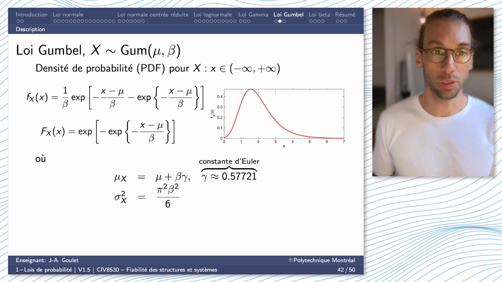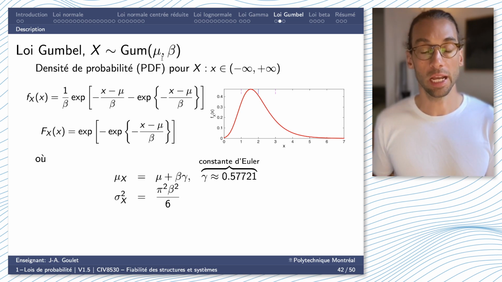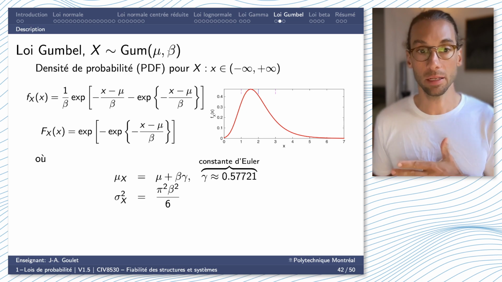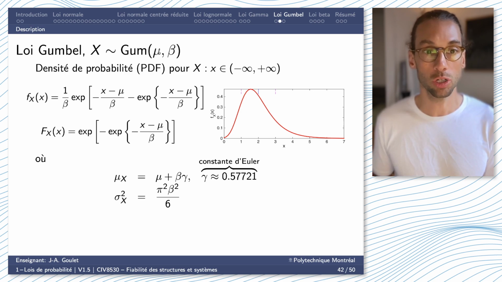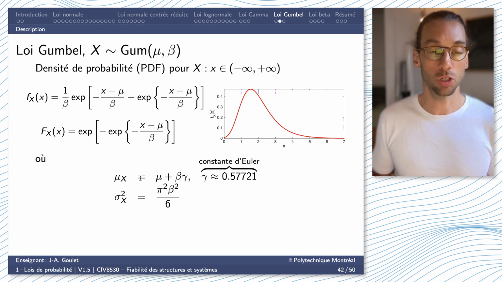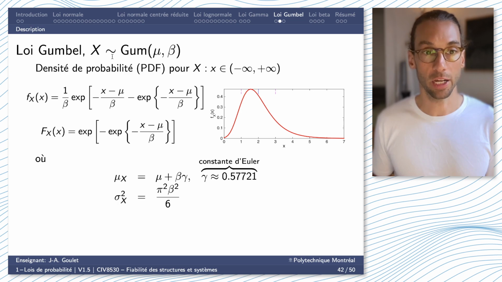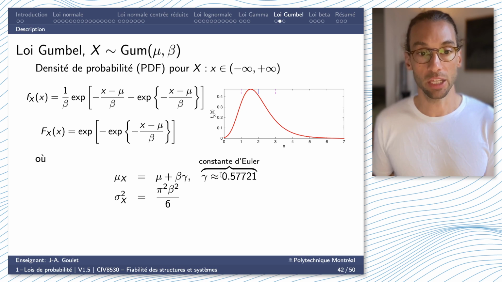What is it? How to use it in Python? So the Gumbel distribution takes as parameters mu and beta. The mu again is not the mean. It's specific to the Gumbel distribution, which is defined in the real space. So this is the expression for the PDF of the Gumbel, and the CDF of the Gumbel. And if we want the relation to go from the mean and variance of my Gumbel to the native parameters mu and beta, we need again to solve the system of two equations, two unknowns, where gamma is my Euler constant,